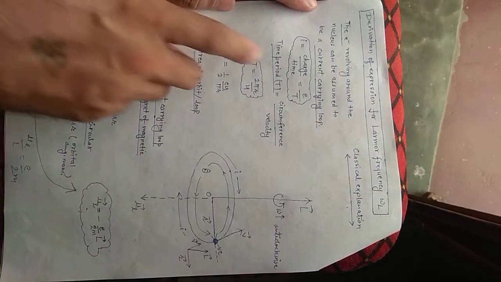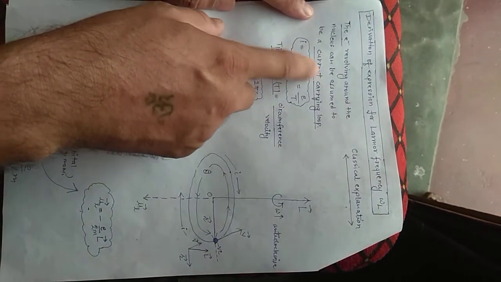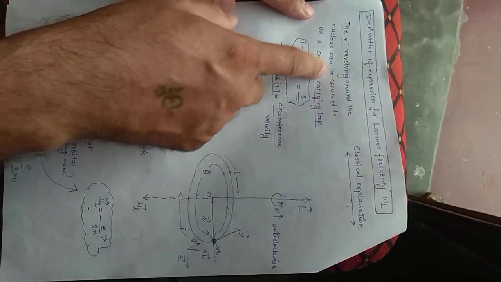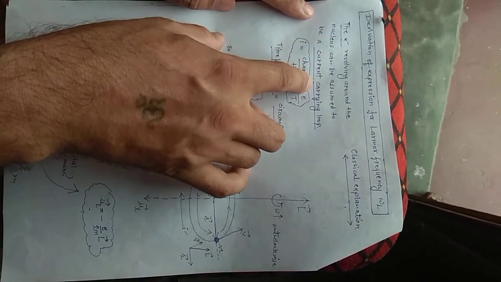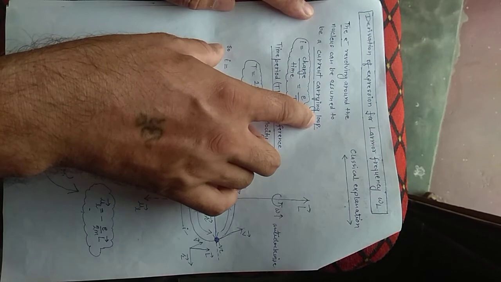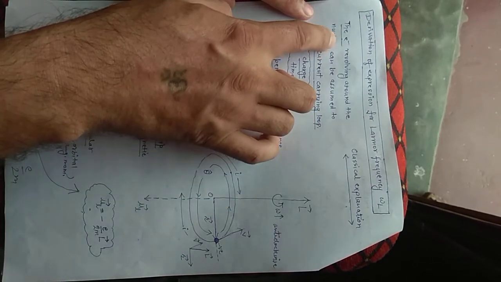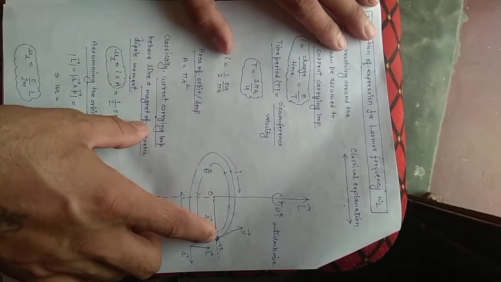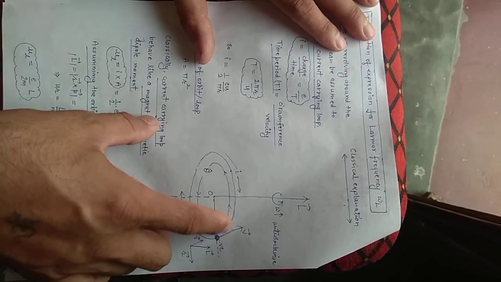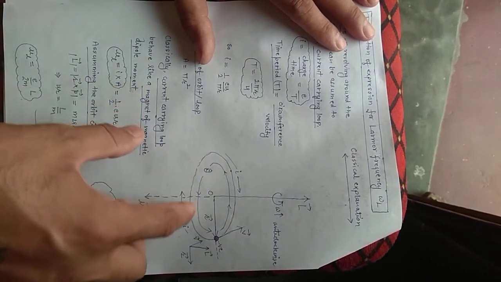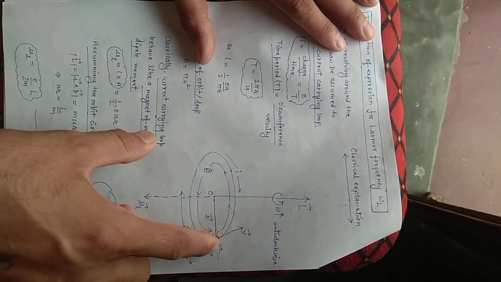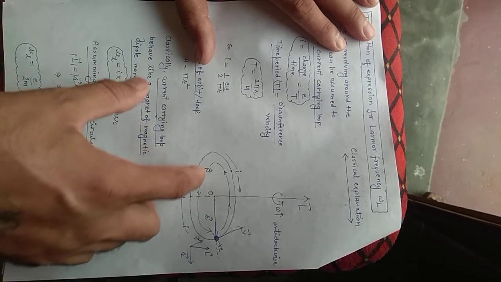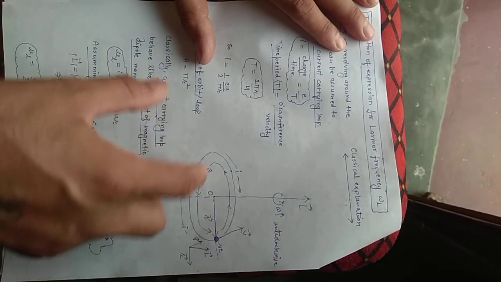So we have discussed that the electron revolves around the nucleus and it is a charged particle, so it will constitute a current carrying loop. You see, the electron is negatively charged. If this is the electron and it is revolving in anti-clockwise direction, this is negative charge, so the current will be in clockwise direction, the opposite direction.